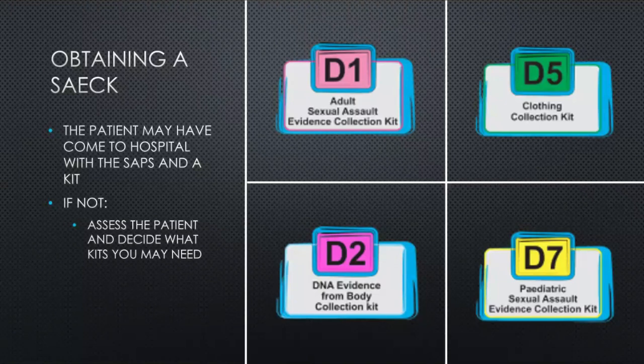The current kits are still in the form of the D1, D2, D5, and D7, and you should know which one you need for each situation. Okay, so you have an adult sexual assault kit, there's a pediatric sexual assault kit, and then there are extra swabs, which you would find in the D2. Okay, and this is because our sexual assault kit only has 3 swabs at the moment,